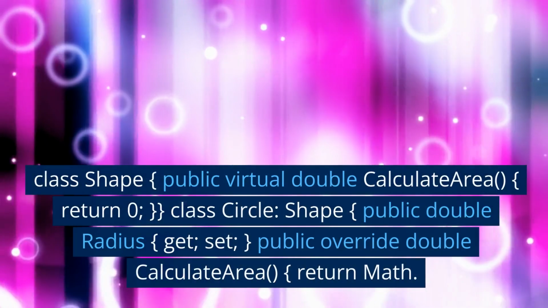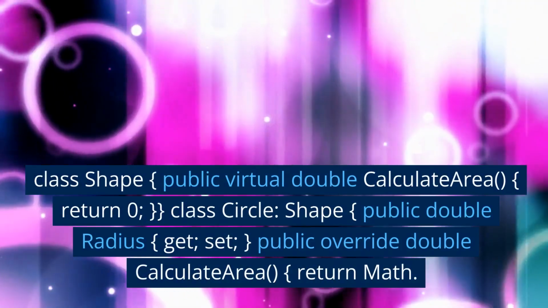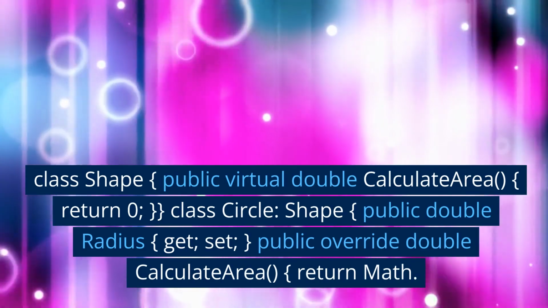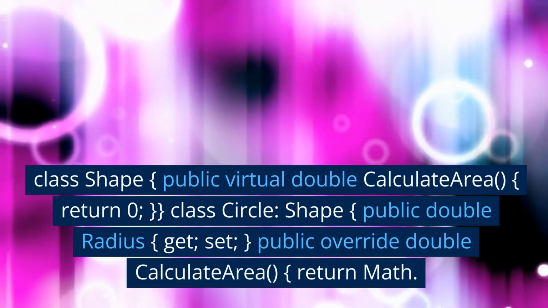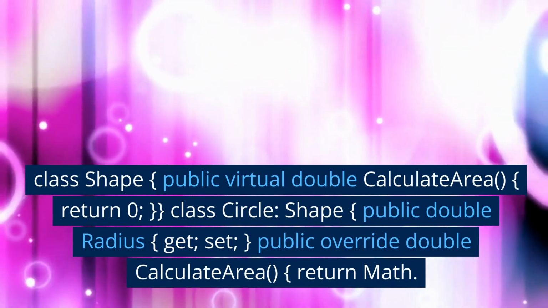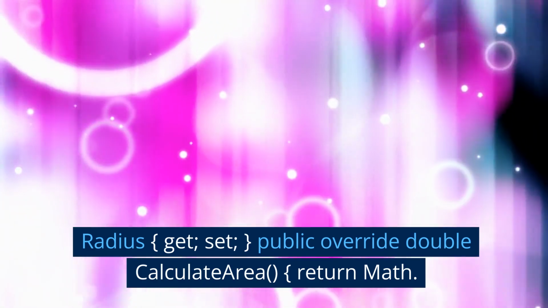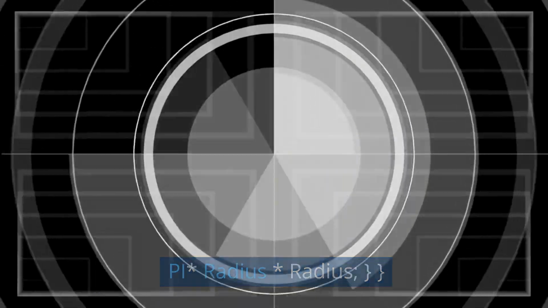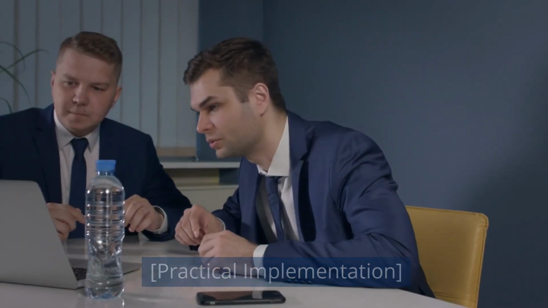Example: class Shape, public virtual double CalculateArea() { return 0; }. Class Circle : Shape, public double Radius { get; set; }, public override double CalculateArea() { return Math.PI * Radius * Radius; }